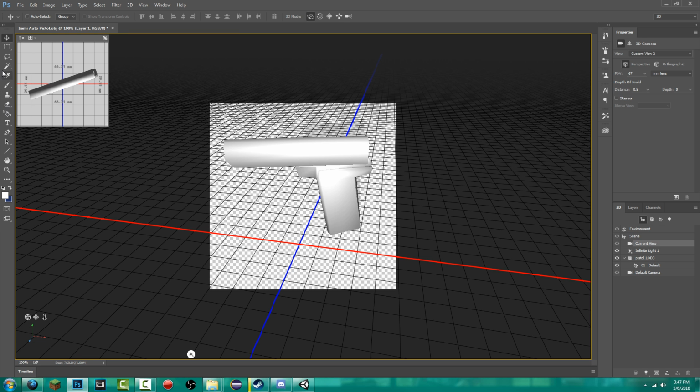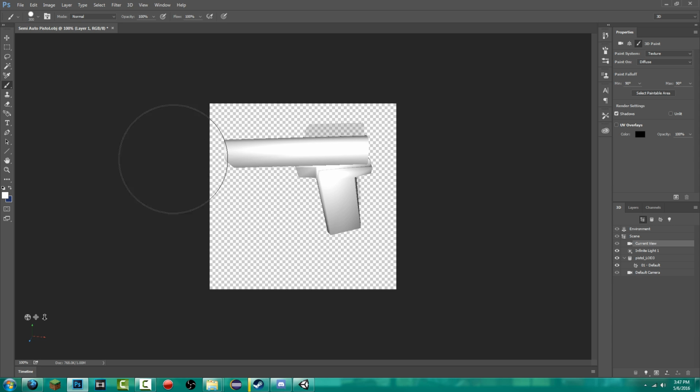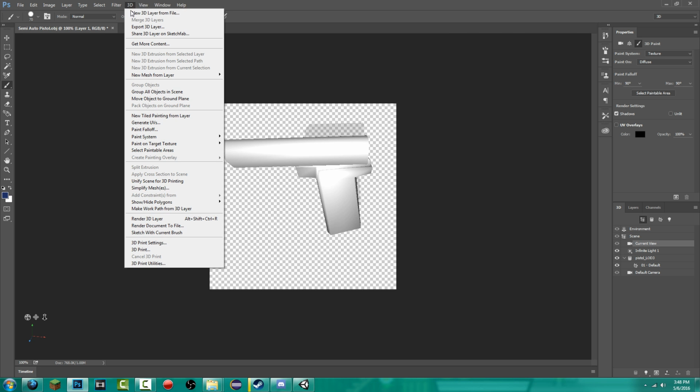So if you take your paintbrush out, and we scroll down and I switch this, you can paint onto the gun, but as you see, it's kind of weird, and that's because it's trying to paint as best it can, but it can't really do that. So I'm just going to undo that. So one thing you can do to fix this is go up to this 3D tab, and then you're going to go to, let me see what,